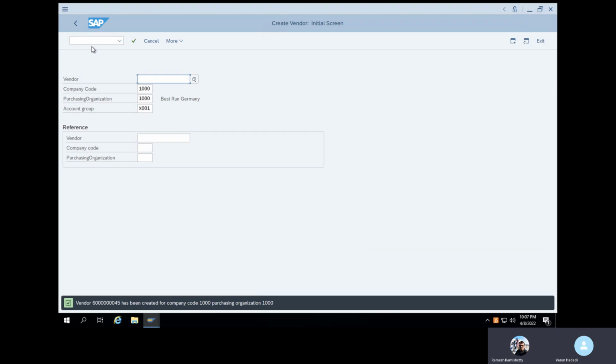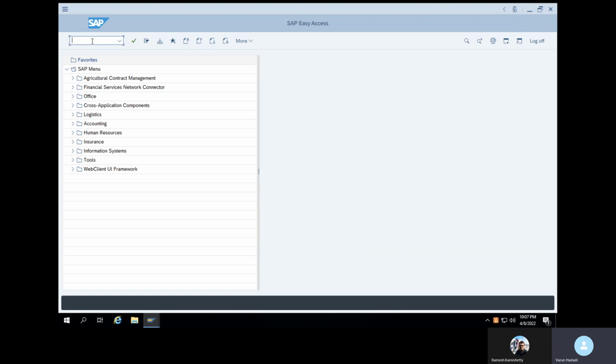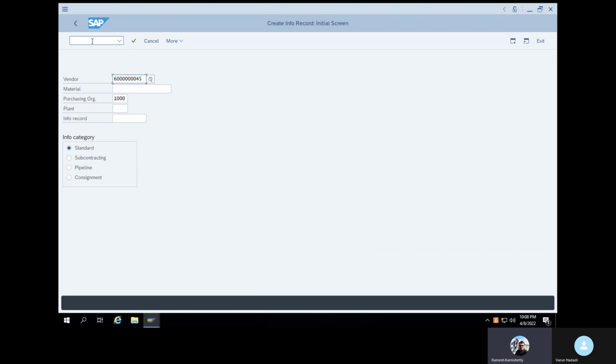Go to transaction ME11. This will come under master data. Purchasing info record is a combination of vendor, material, purchase organization, plant. Now you have to give the vendor name and material. Give some material 100-100.